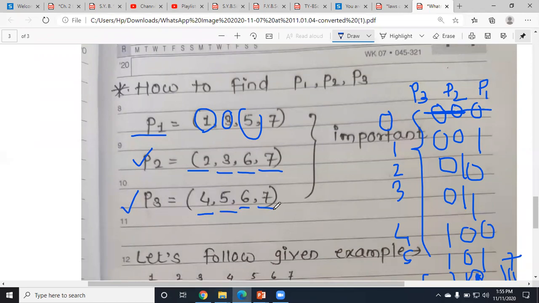Yeah, good. Now tell me one thing, if the number of parity bits is 4, then how to calculate P4? So if the parity bits are 4, we have to calculate for P4 now. So how to calculate that? How to find those numbers? If you tell me the correct answer of this, then it will show that you are getting it, that you understand everything, if you are able to answer me that question.